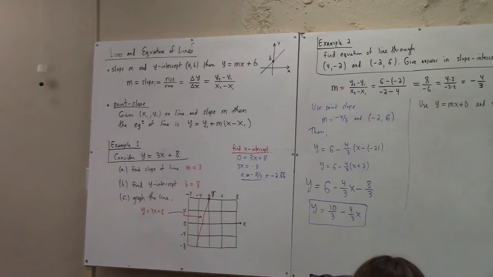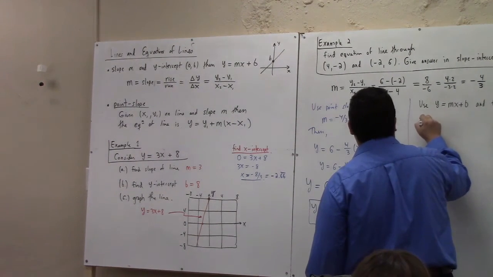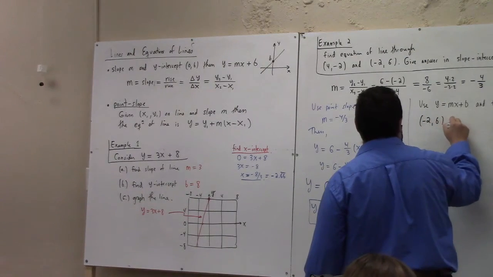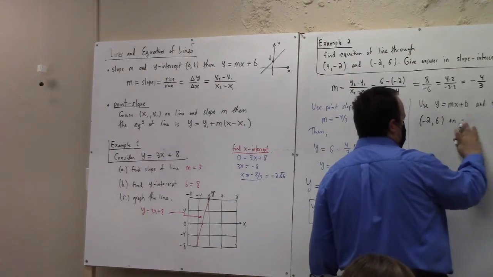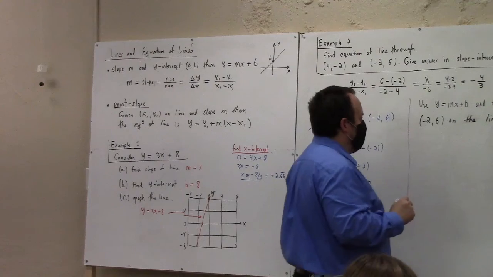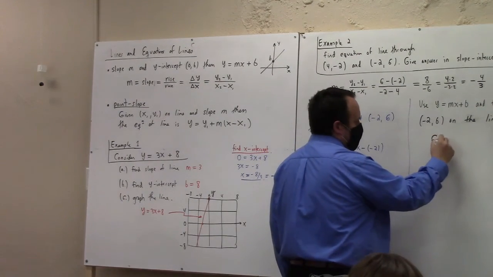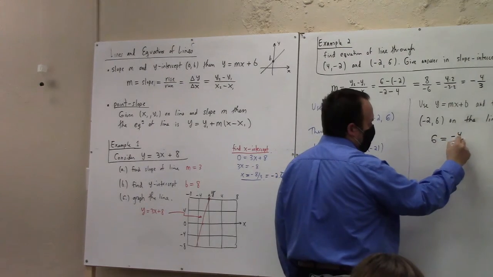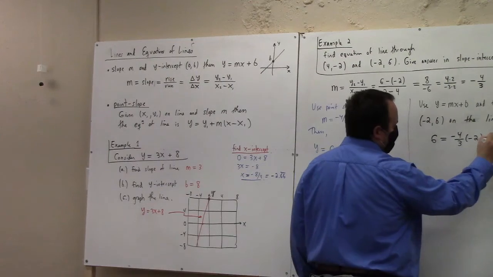So, all right. We know that m is minus 4/3, right? So we also know that minus 2 comma 6 is on the line, right? I should say on the line. "On line" has come to mean something else. On the line. So that would be what? 6 equals minus 4/3 times x, which is minus 2, plus b, which